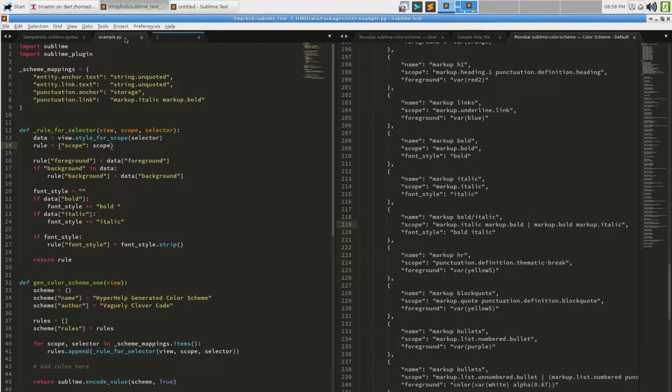Just because, you know, of all of the things we have to do to be able to automatically generate a color scheme, adding an extra key to every dictionary that tells you what it's for is the least egregious of them all.